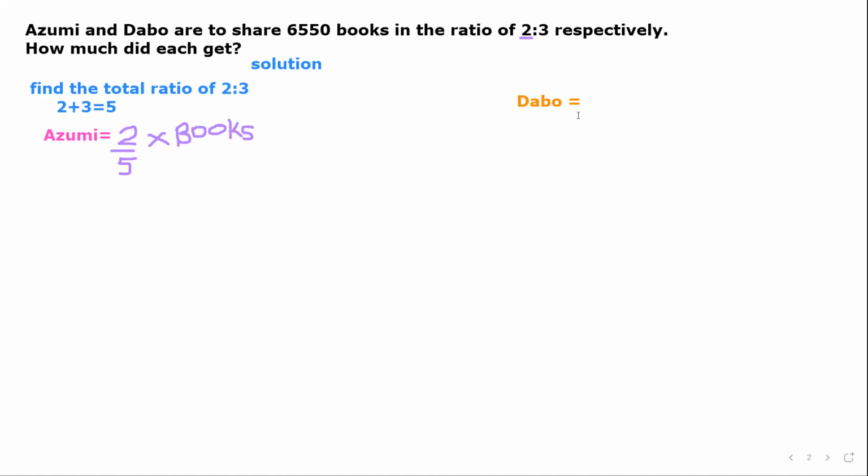Okay, so you write 3 out of the total ratio here times the books. Okay,